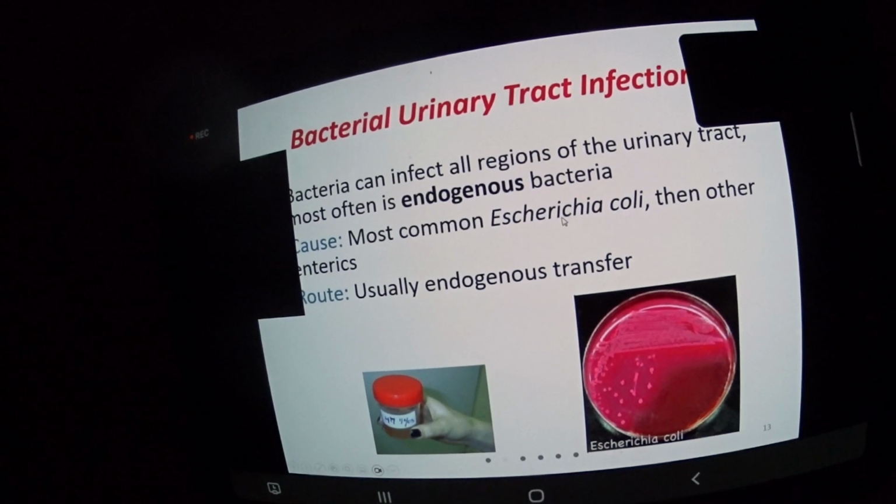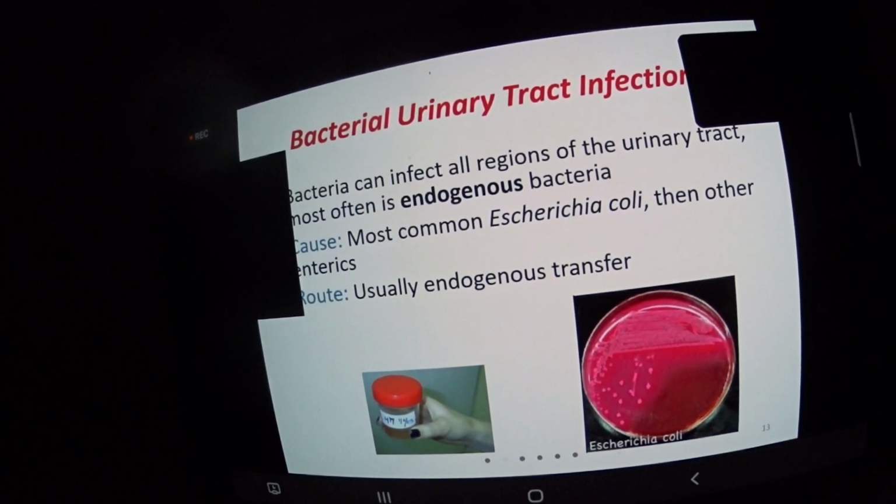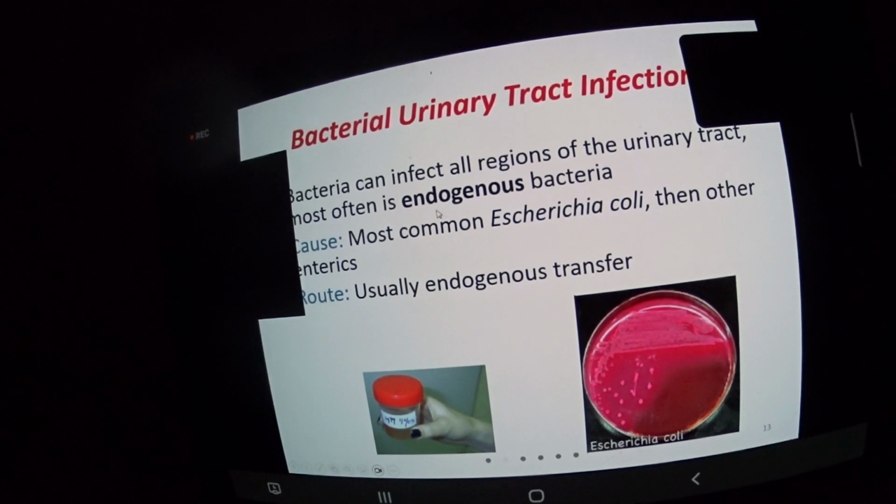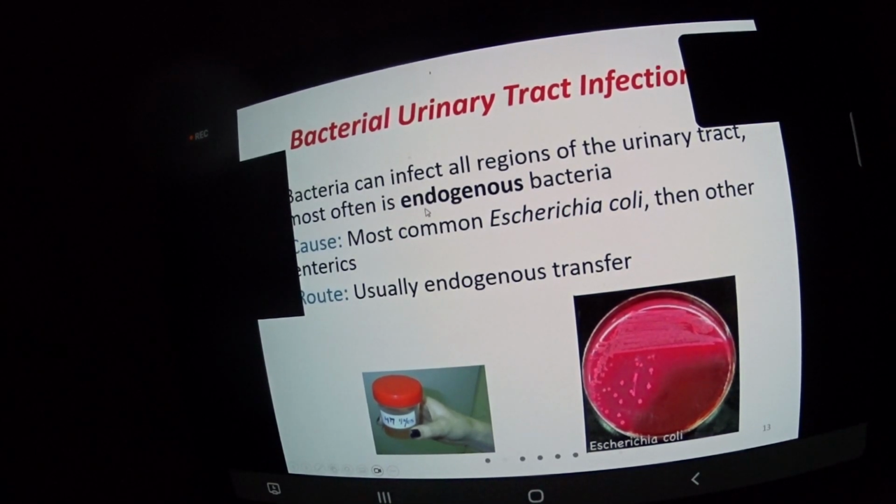E. coli tends to be the dominant case because that's one of the most common ones that we have in our GI tract, and not even most common, but it's the highest in number in the GI system. And the endogenous bacteria, typically the source or where they are is the colon. So it's the GI system. From there, it can travel to the urinary tract and become a UTI because this is not their normal site. So therefore, they will start growing and causing issues.